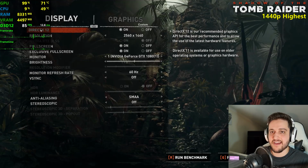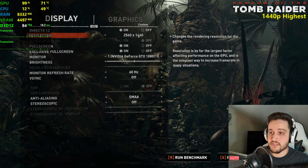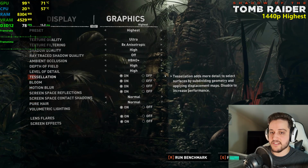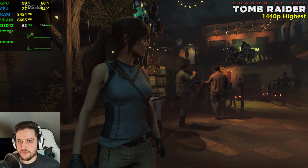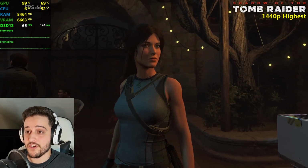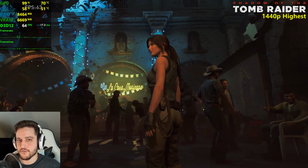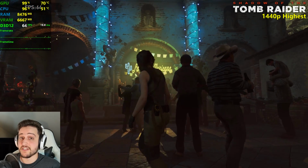We're using the DirectX 12 APIs, you can see right there. 2560 by 1440 resolution, so 1440p. Anti-aliasing is set to SMAA, and we're using the highest settings preset without the motion blur because I hate that thing. And look at those frames, my friends, it's actually really smooth. You could play this game at 1440p maxed out with 60 plus FPS on average, probably. I think it will probably drop into the 50s sometimes, but it's still an amazing experience for a single player